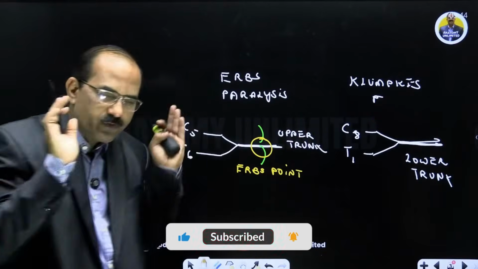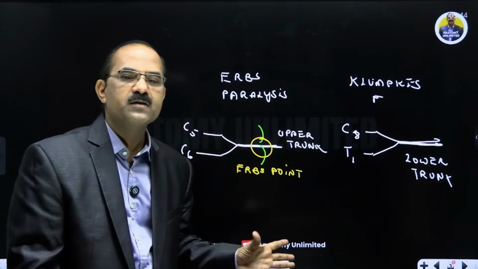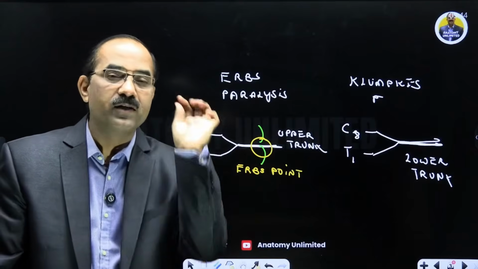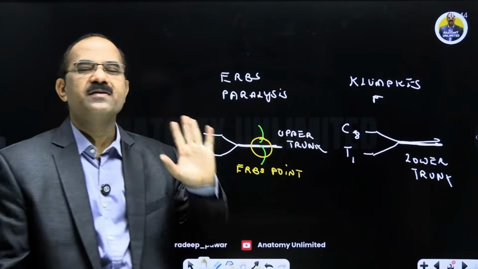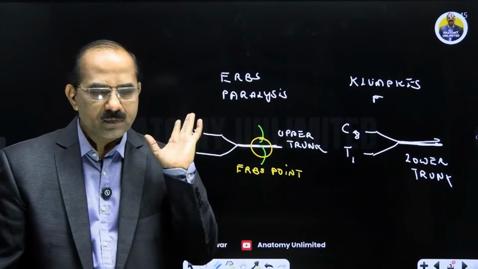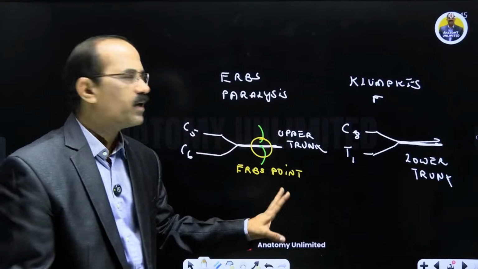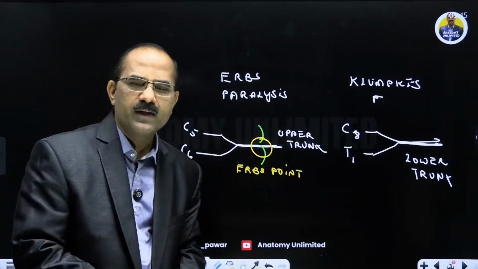So basic difference clear है. Erb's paralysis और Klumpke's paralysis में, Erb's paralysis is injury to the upper trunk at the Erb's point. Klumpke's paralysis is injury to the lower trunk of the brachial plexus. Fine. अब what are the reasons for this? Reasons क्या होंगे? एक तो Erb's paralysis में क्या होता है ना,